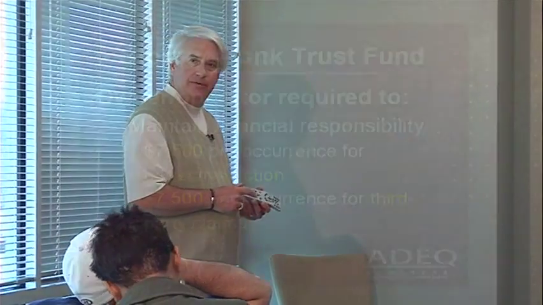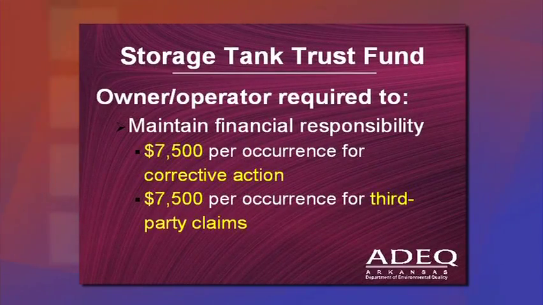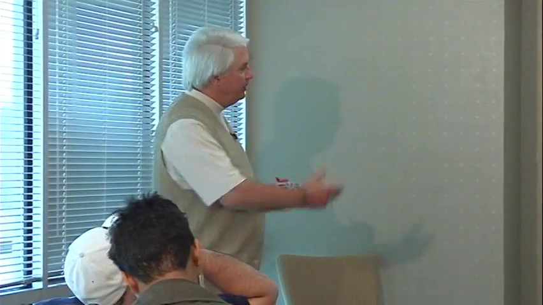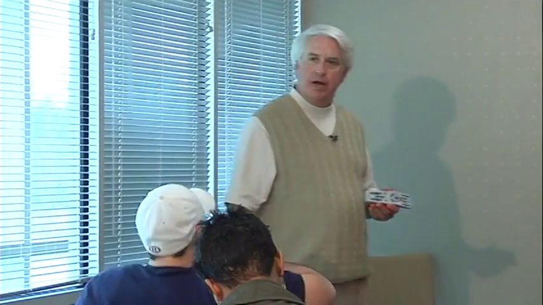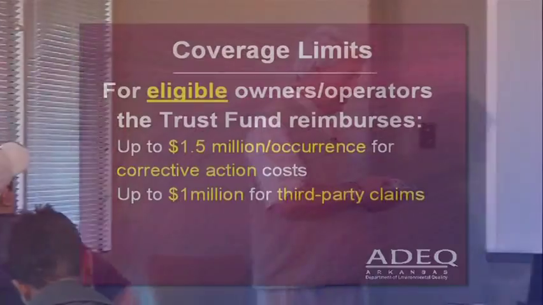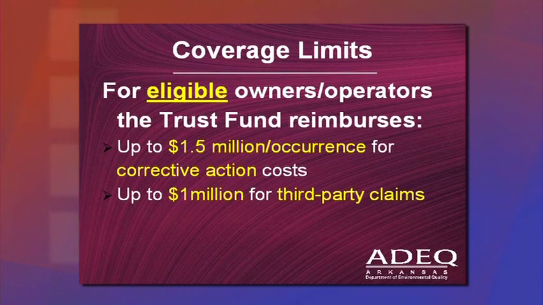With the exception of $7,500 that has to come out of your pocket for corrective action. It's kind of like a deductible. $7,500, if it's required, has to come out of your pocket for third-party liabilities. So here we're talking about you paying your fees, registering your tanks, and cooperating with us. You just spent $15,000 in deductibles, and the Petroleum Storage Tank Trust Fund will give you up to $1.5